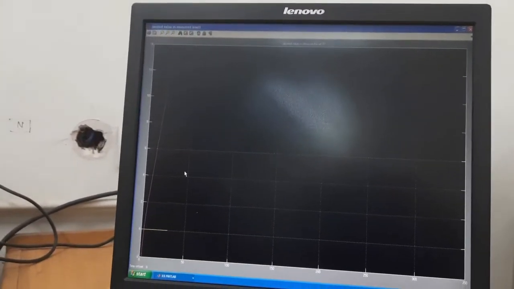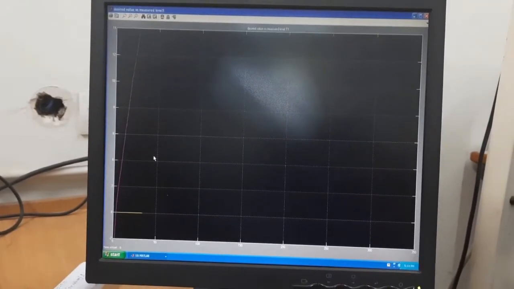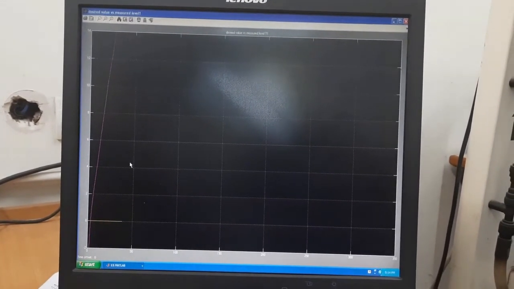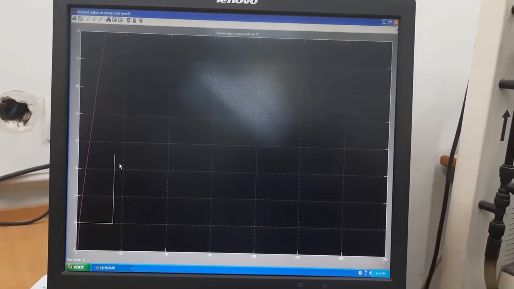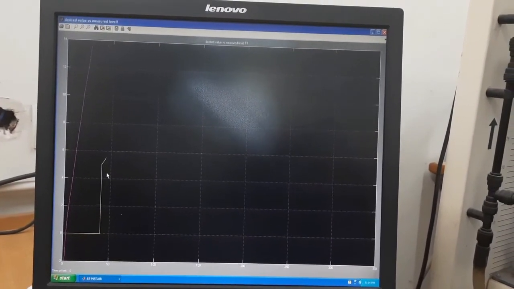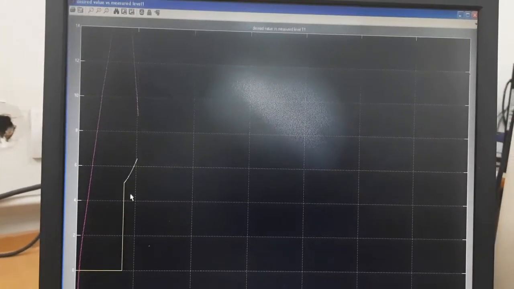This is our tank level measurement data. It is going. Again it will run for 350 seconds, and after 350 seconds we will see how it will match our desired variable. Yes, that means the desired state, the output measurement of our tank level.